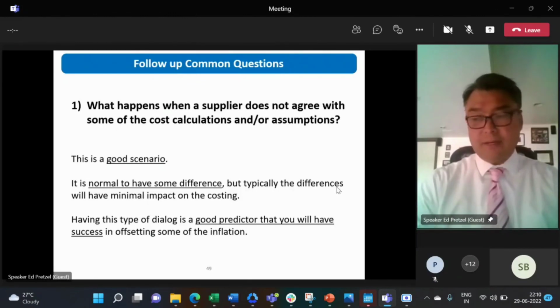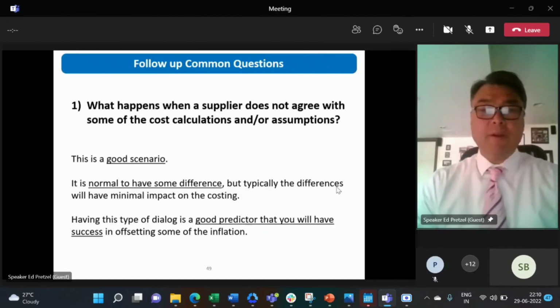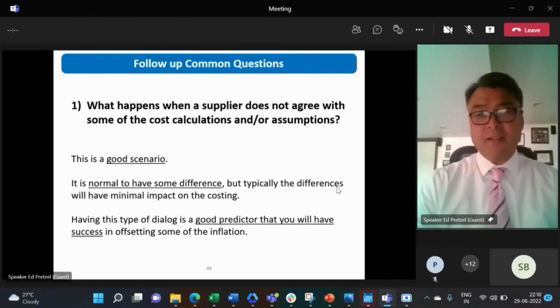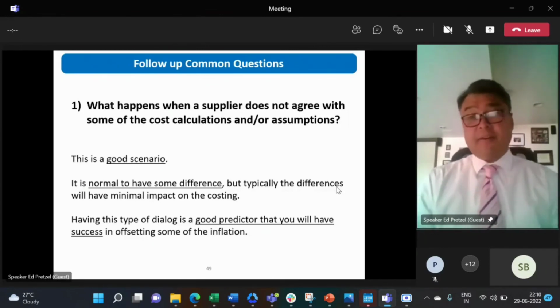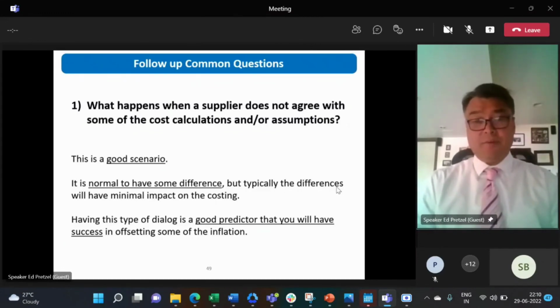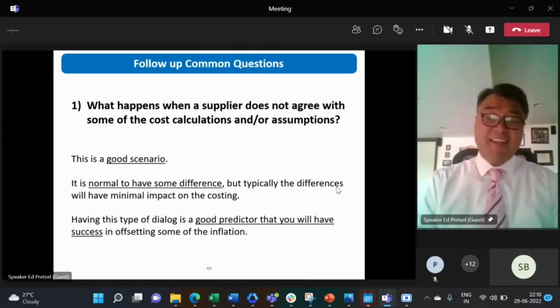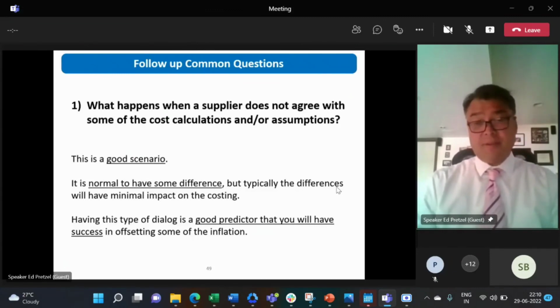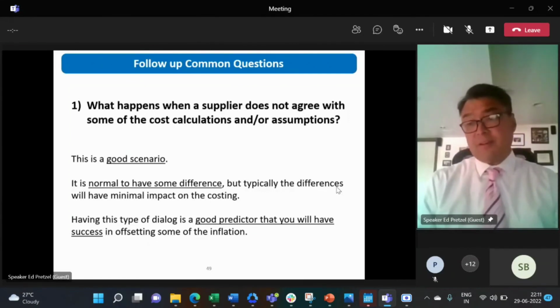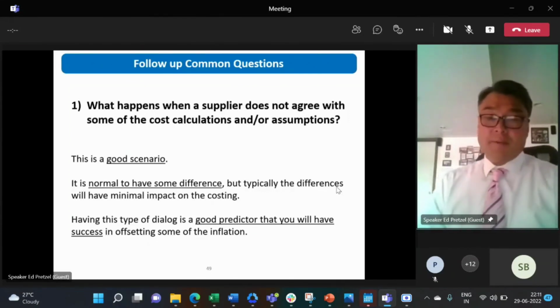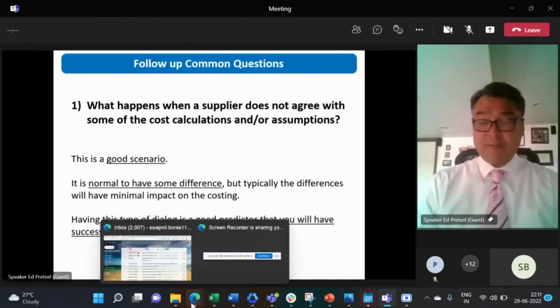I've got just some common questions that are asked that I'll quickly go through. What happens if a supplier does not agree with some of the cost calculations and or assumptions? So this is a very, very good scenario. I would say if this is what's happening, you are on your path to success. It is normal to have some differences, but typically those differences are very minimal. You might have a 6, 7, 8, 10, 15% gap, and typically those differences are going to be 1 to 2%. But it does show that we're objective and